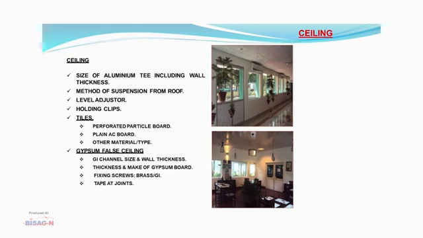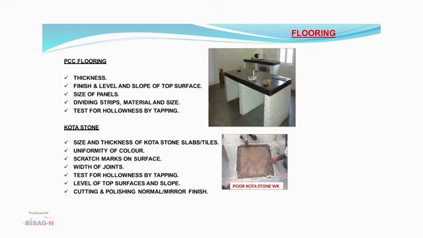For the gypsum false ceiling, the size of GA channels and their wall thickness and make of gypsum board, and fixing screws, that is brass or GA, have to be ascertained, and also tape at the joints has to be done. Coming to the flooring, for the PCC flooring, thickness has to be ensured,